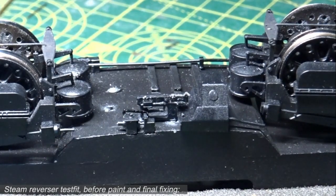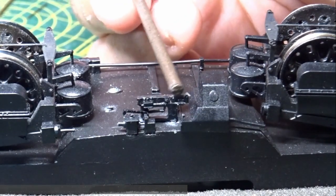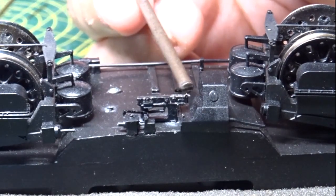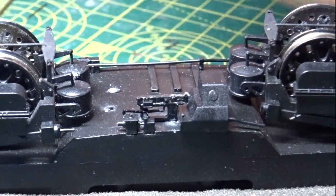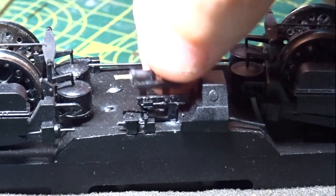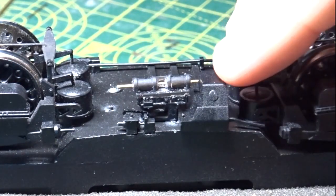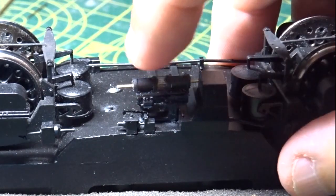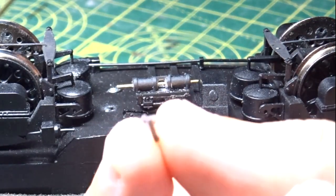So on the underside of the leader, you can see our bracket, which is just here, and I've smoothed off this part of the bracket where there was some slight moulding detail on the top of it. Not quite sure what that was, maybe some pipe work, I have no idea. And I have trimmed down the steam reverser, which is just here. I'm just going to rest that on the bracket. So it's about 2 millimeters this side sticking out from the reverser, and it's about 3 to 4 millimeters on this side. Then you need your little lever,